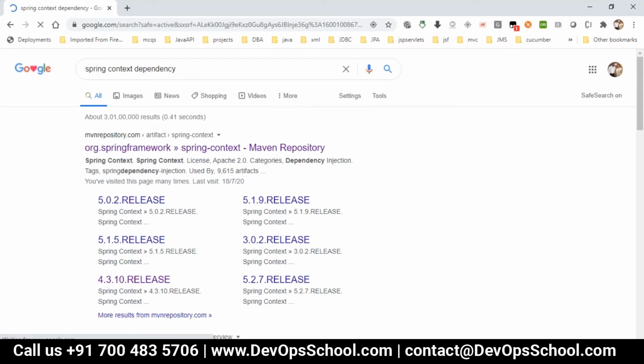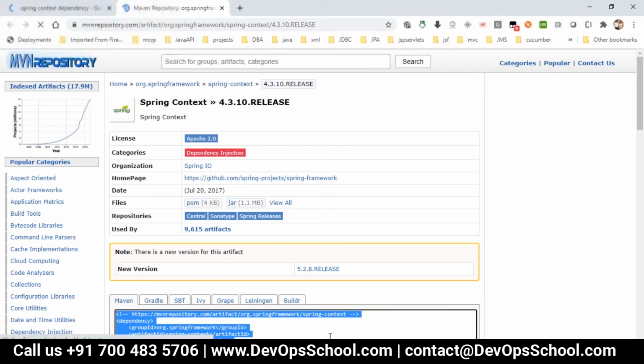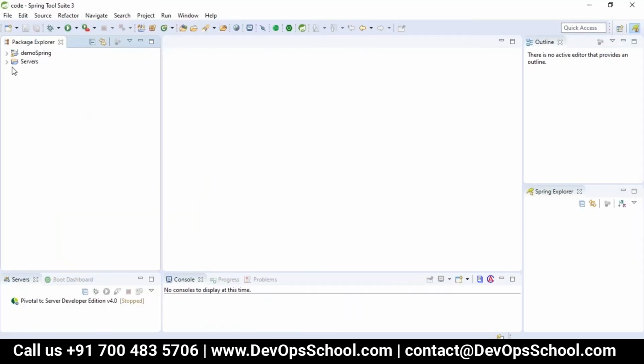I'm just creating a Maven project. Are you using Maven or Gradle? We use Gradle. Oh, you use Gradle. Okay.